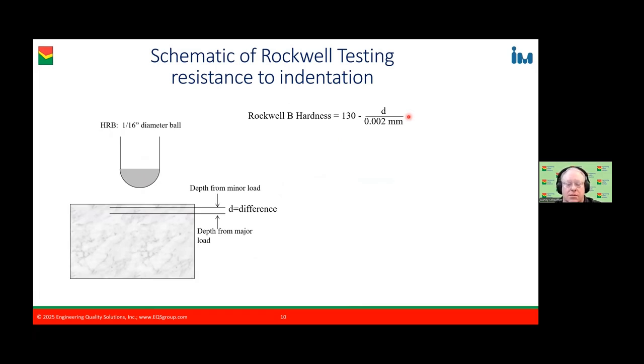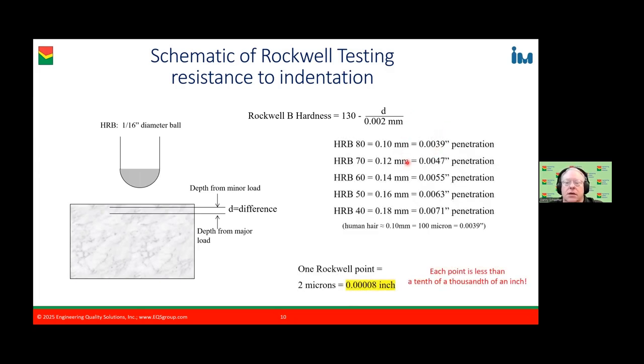This is all happening behind the scenes, so you're not actually doing the measurement. It's built into the equipment. The implication of this is that if you're looking at a reading of a Rockwell B80, you're talking about 4 thou of penetration. If you're talking about a Rockwell B40, it's 7 thou penetration. Or breaking it down further, each Rockwell point is the difference of a tenth of a thousandth of an inch